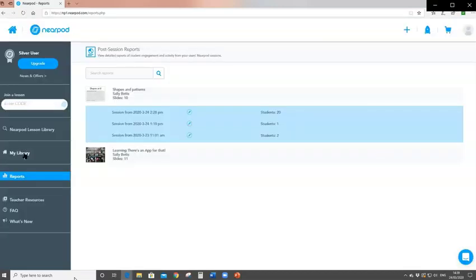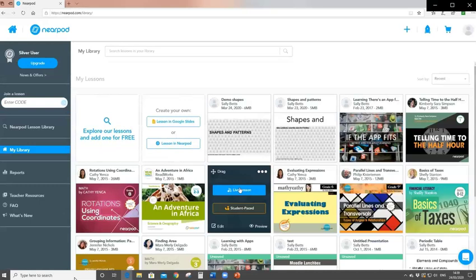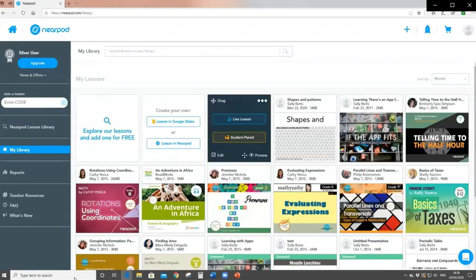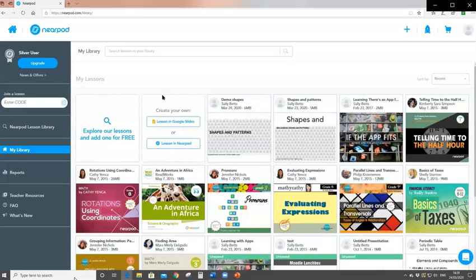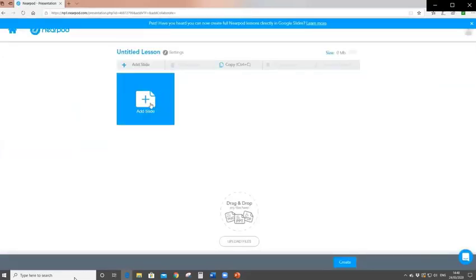Now while I'm here, I want to just show you briefly how it works. So Nearpod has a free version. That's what I'm using here. Here's one I made earlier, so to speak. But let me just show you right from the beginning. If you're doing it right from the beginning, you can create your lesson with Google Slides. You can create a lesson in Nearpod. I'm not using Google Slides, I'm using Office Slides. So if I go in with lesson in Nearpod, I can start and create my lesson from scratch,